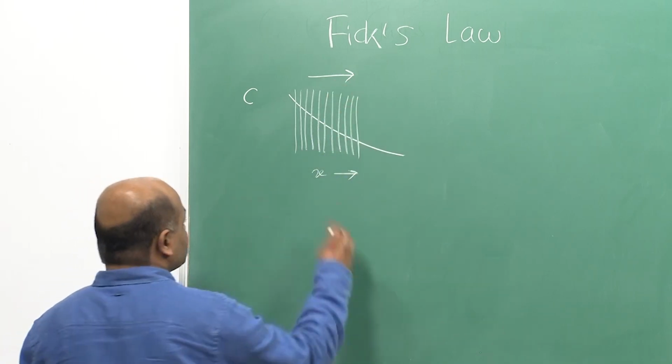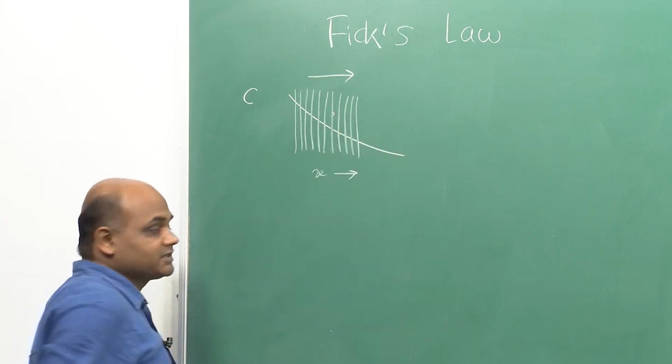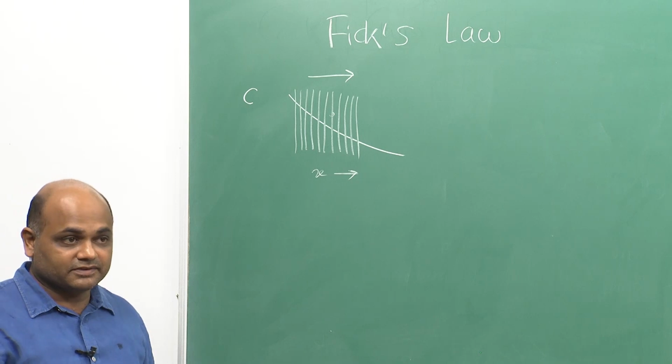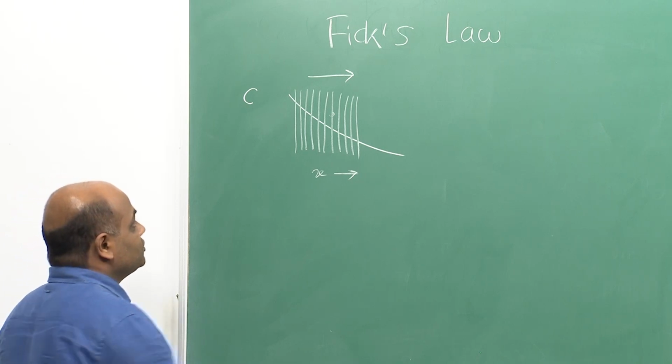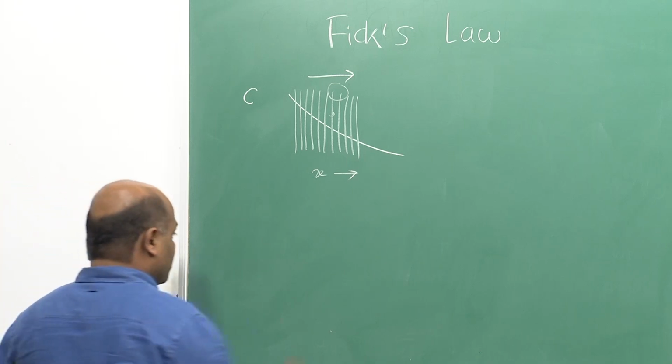So, the atoms are jumping from one plane to the other in plus x as well as minus x direction, right. So, if I zoom in and see the picture of any two adjacent atomic planes,